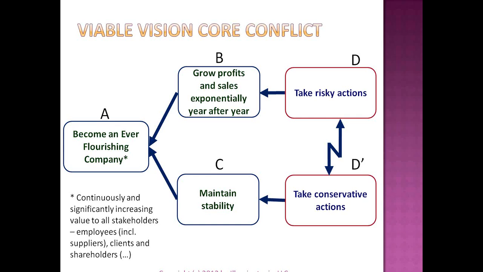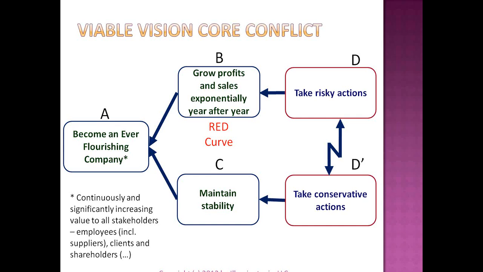So the objective for a viable vision organization is to become ever flourishing, which means, and the asterisk here says, continuously and significantly increasing value to all stakeholders, employees, including suppliers, clients, and shareholders, etc. In order to become an ever-flourishing organization, we must grow profits and sales exponentially year after year. So that's what Eli referred to as the red curve in presentations he started giving, I don't know, maybe 10 years ago. I'm not sure exactly when that came out from my memory, but